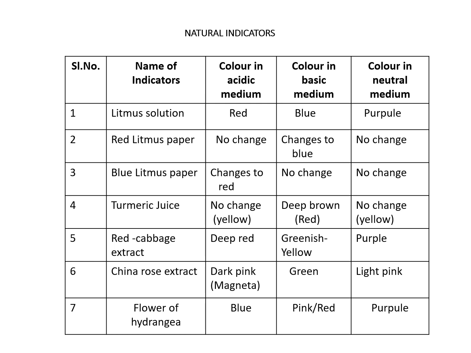Now let us take another example, your red cabbage extract. What do we mean by red cabbage extract? Red cabbage is very similar to your normal cabbage, only here the color is red. Now how to get this red cabbage extract? You take a little amount of water, add some pieces of red cabbage in it, then boil the water. Once the water is boiled, the color of the red cabbage will start dissolving in your water and your water will become purple, and that solution will act as an indicator.